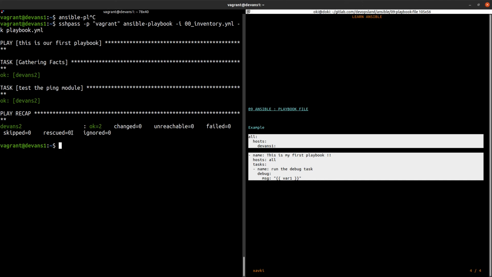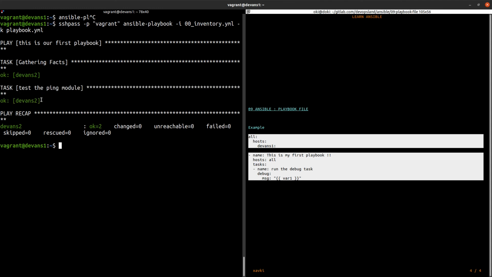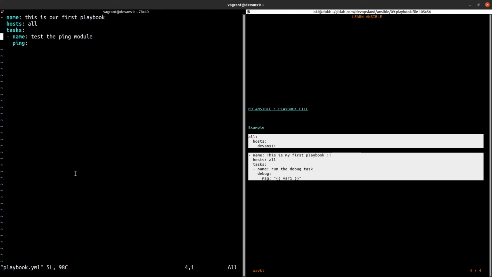If you do that, we haven't an output, but the task with the ping module is okay. We can make a connection. This is a good connection, and if you want, you can change your playbook and change the module. We'll see that in another video.